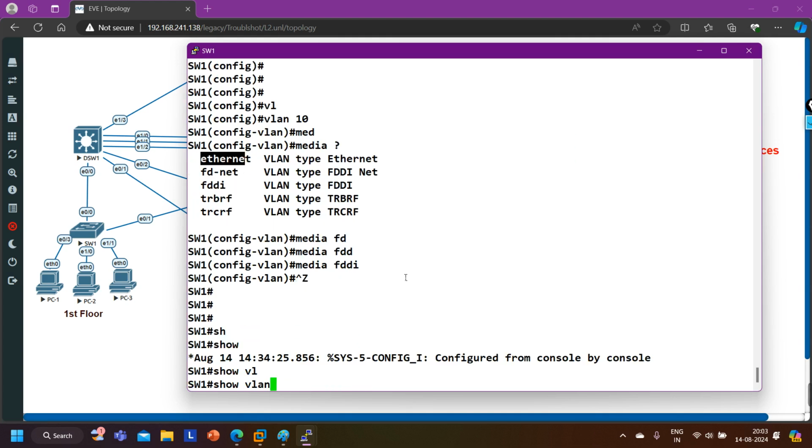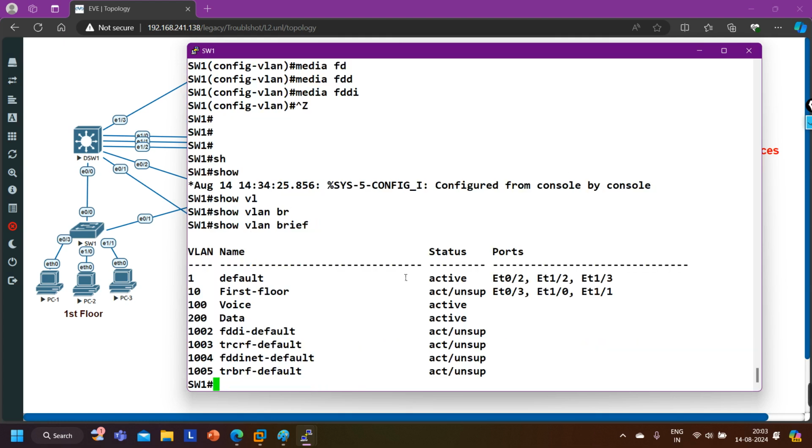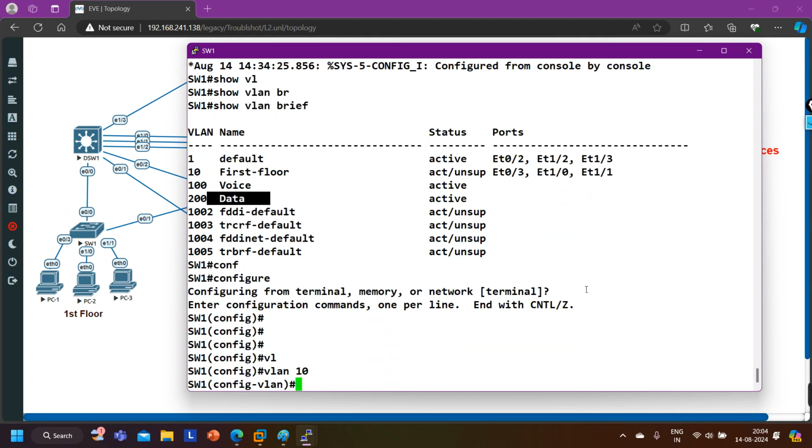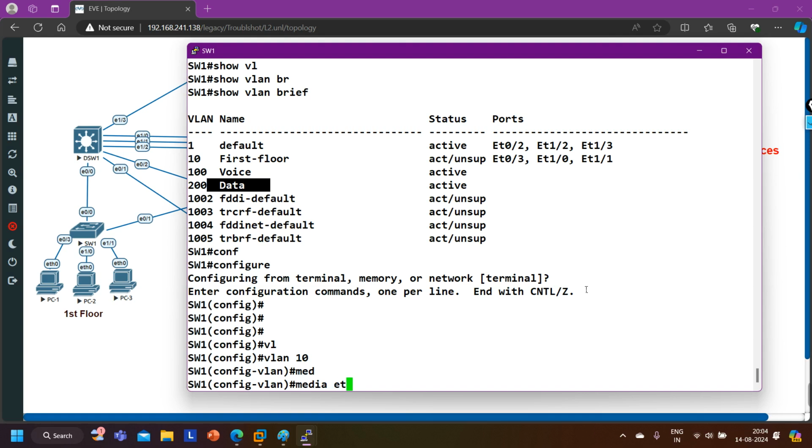So show VLAN brief, see VLAN 10 is there, but this VLAN is unsupported, right? Sometimes you will see this type of issue, that VLAN 10 is unsupported, because on VLAN 100 and VLAN 200 the media is Ethernet, but on VLAN 10 the media is unsupported. So let me correct this also, say VLAN 10 and the media is Ethernet,